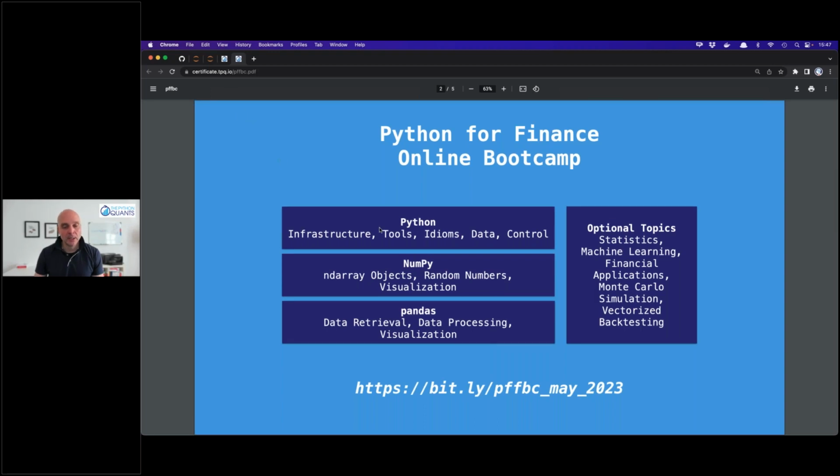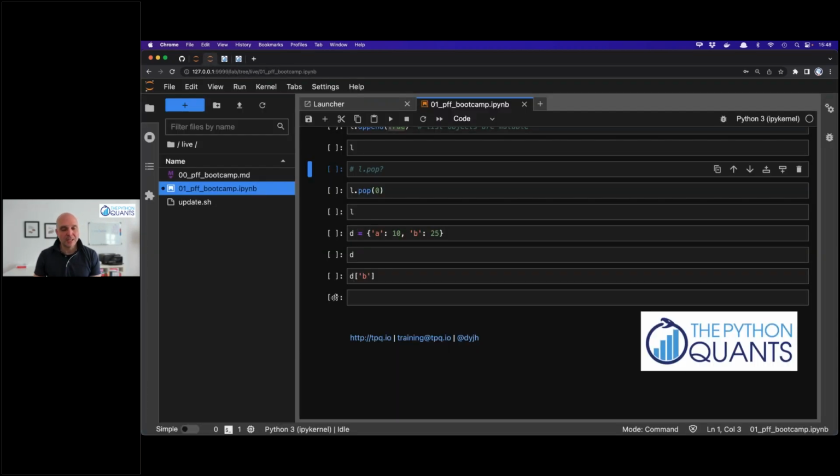And as I was saying, we have now covered infrastructure, tools, a few idioms maybe, right? Object-oriented programming, methods, etc. Data types, data structures. Control is something that I want to add, so that we have the tools together to work with what I was saying before, a bit of a larger data set. Just the very basics of control,